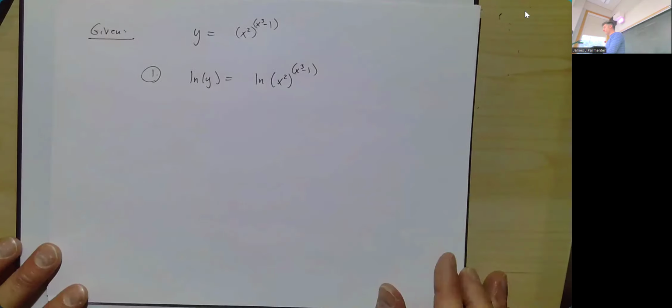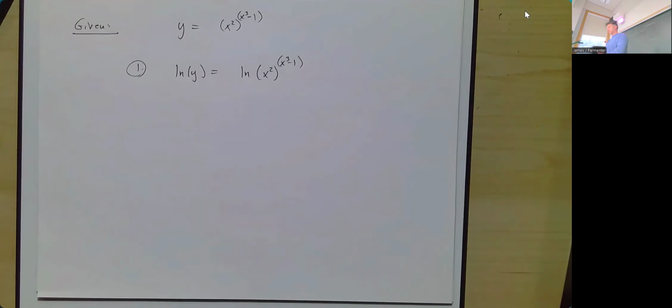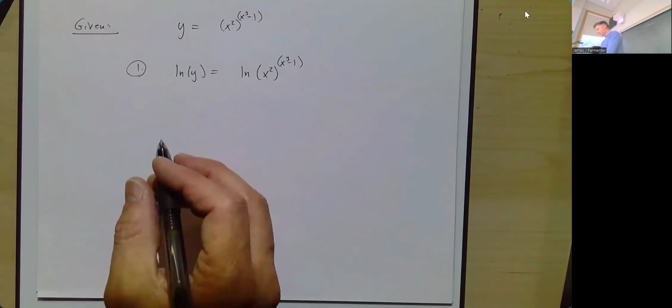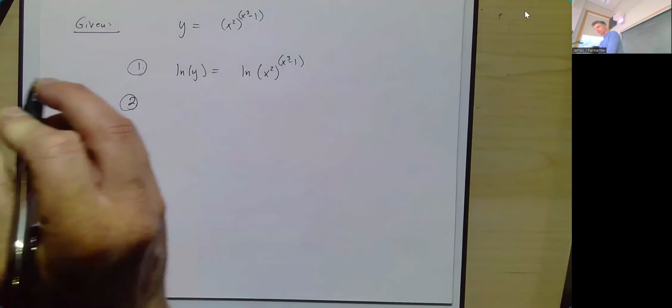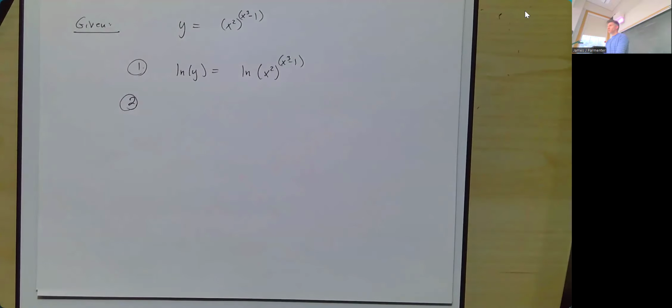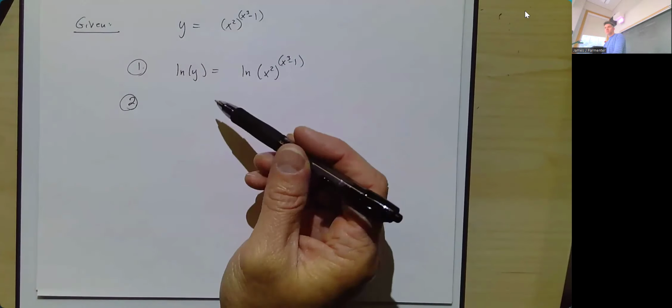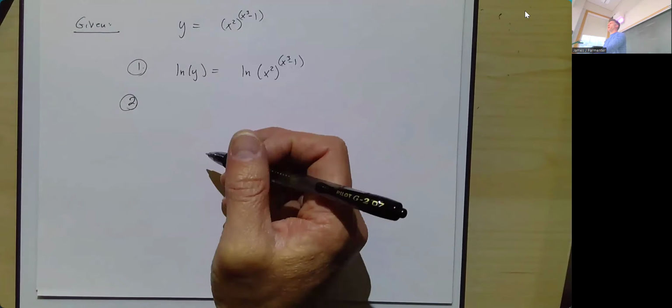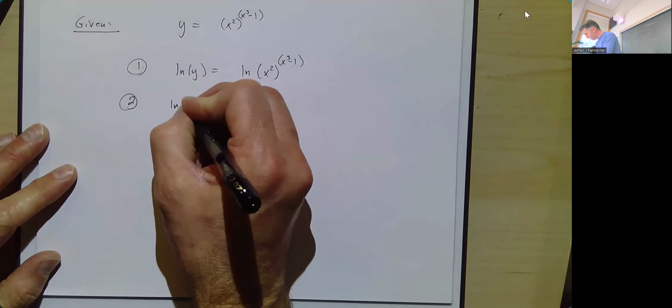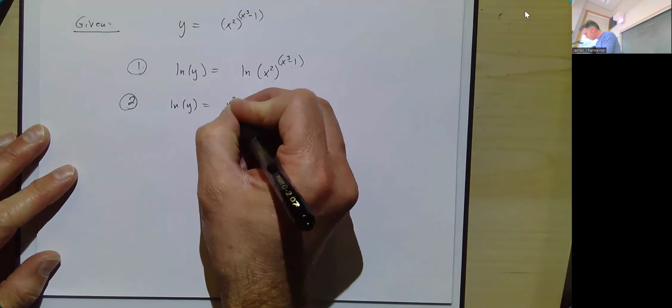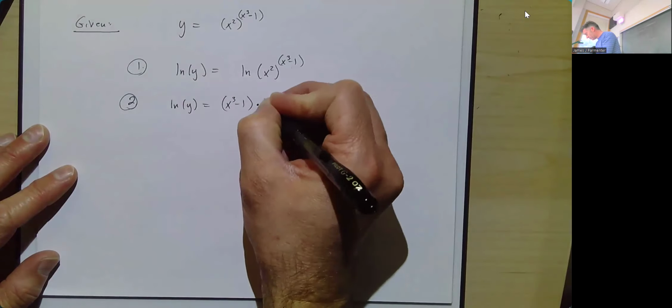And just because it's a little funky, I want to help you get to one place that's a little bit interesting. So we'll do the first 2 steps together, and then I'll let you do the rest. In the next step, what should I be doing? Not ready to differentiate yet. I need to do some sort of simplification, which is going to be bringing down the power. Looks like we're fighting the power. Bringing down the power: the natural log of y equal to x cubed minus 1 times the natural log of